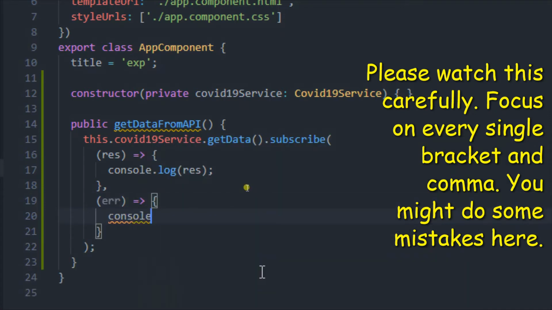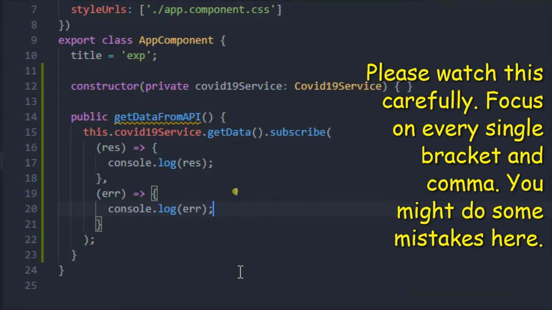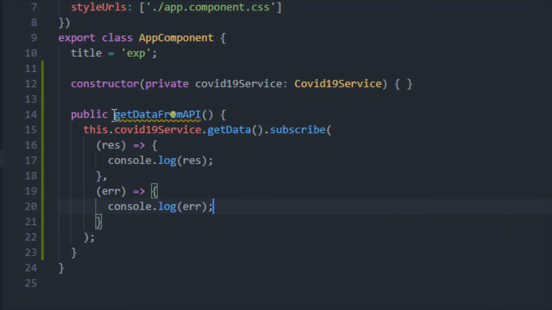So console.log err. Now let me save this. Now over here we have created this getDataFromAPI, and inside this we are calling the service getData method or function. But the thing is, we are not calling this particular getDataFromAPI.